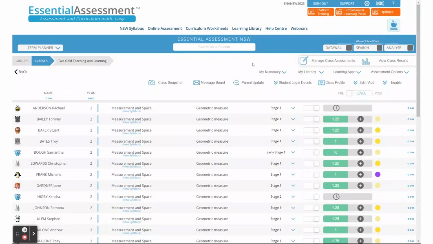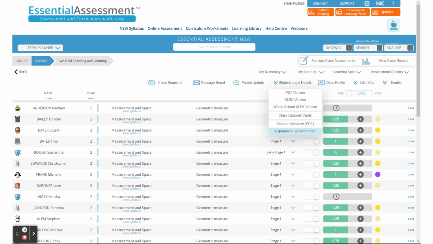Our new student portal has just been launched onto our platform. In order to show the student experience, we can access this using the drop-down of the student login details. This is called the Experience Student Portal. Before I take you into the Experience Student Portal mode, we must check our Manage Class Assessments and our assessment